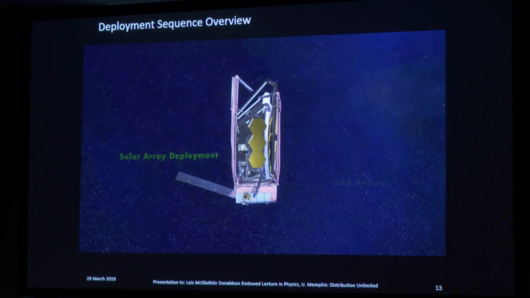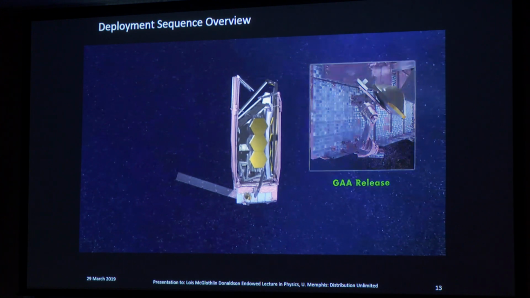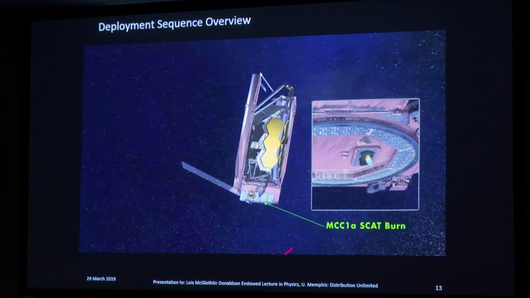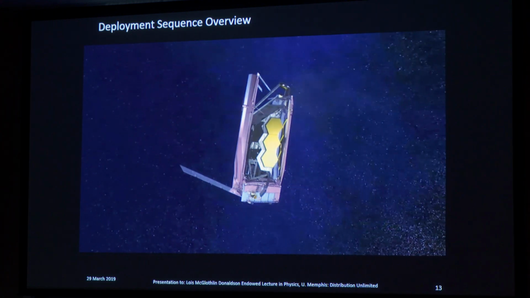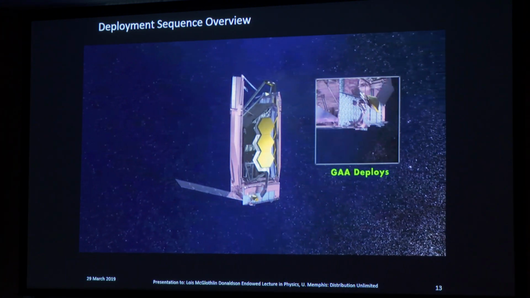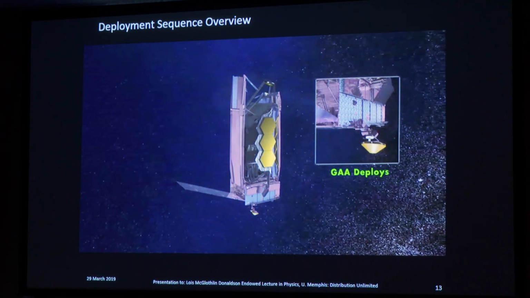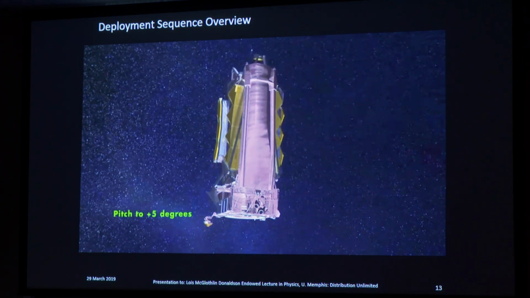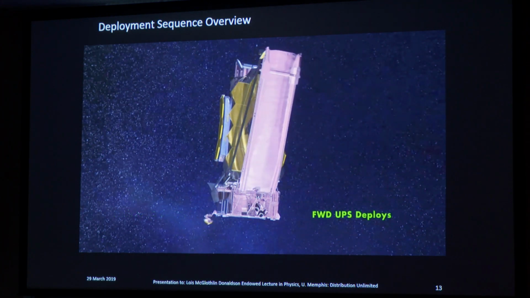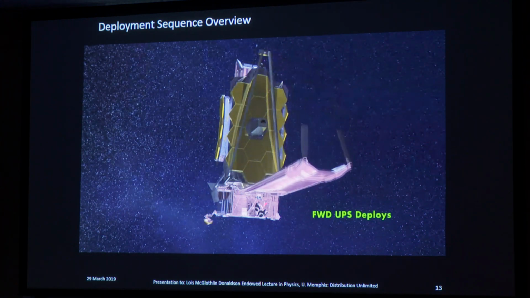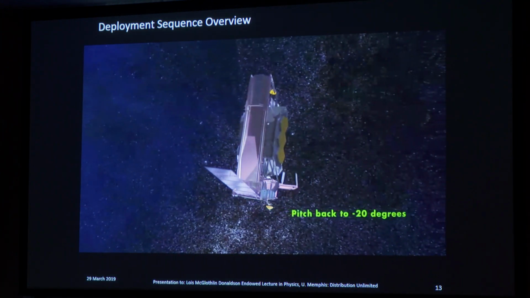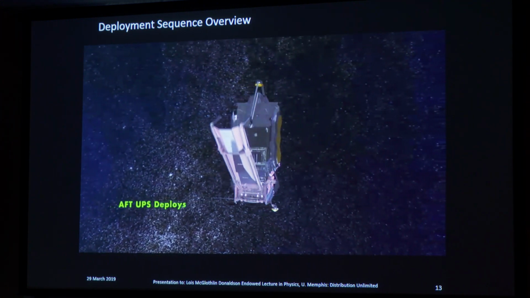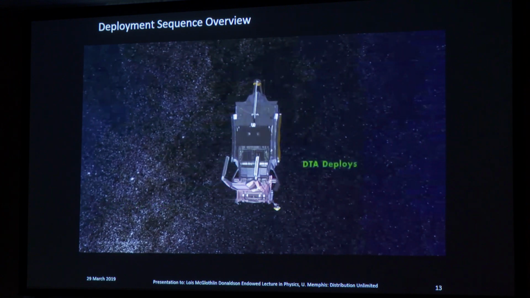First, the solar arrays come out so that we can become power positive. We're operating on batteries prior to that point. And there are some trajectory correction maneuvers that have to occur to navigate ourselves out to the L2 point. A high-gain antenna deploys so that we could begin communicating with the JWST. These pallet structures that you see unfolding contain that giant tennis court-sized sun shield, which is folded up inside them.